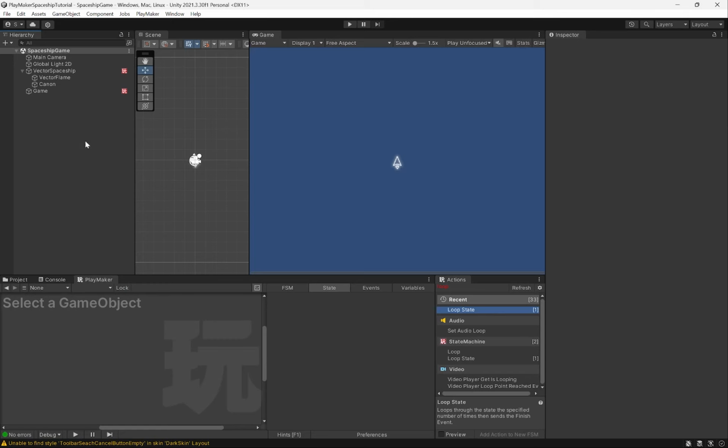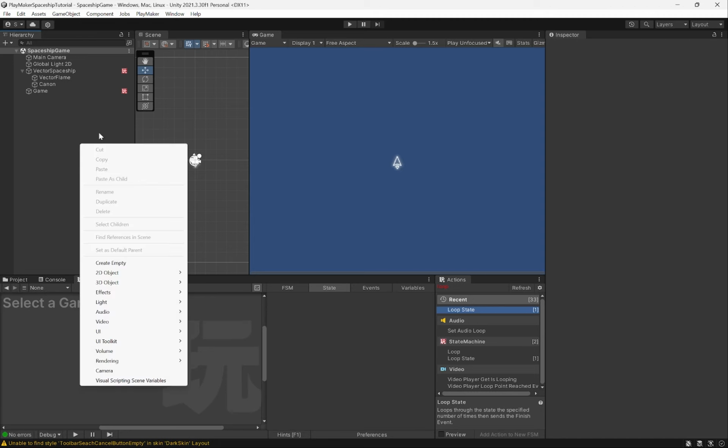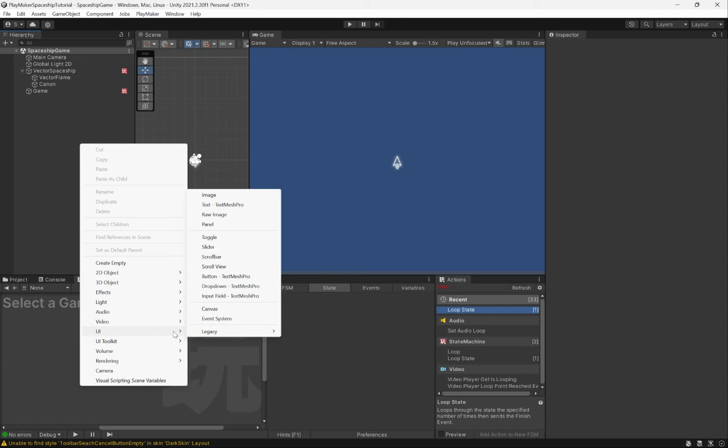So now when we shoot all these asteroids, what would be nice is if we had a score to keep track of. Every time we shot an asteroid, it gave us some amount of points, right? So what we could do is right click in here, go to UI, and say, now we could use TextMesh Pro. TextMesh Pro is great, and more often than not, you want to be using this,